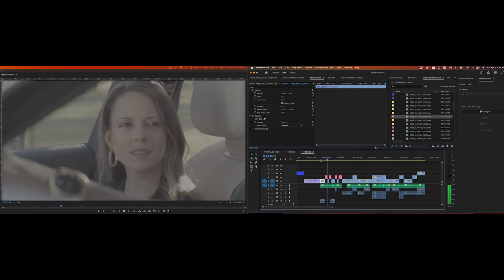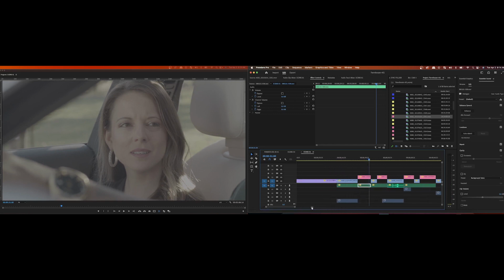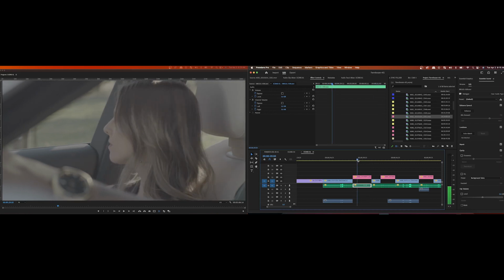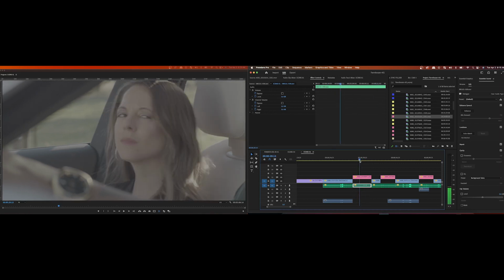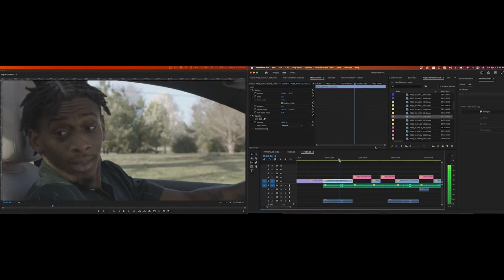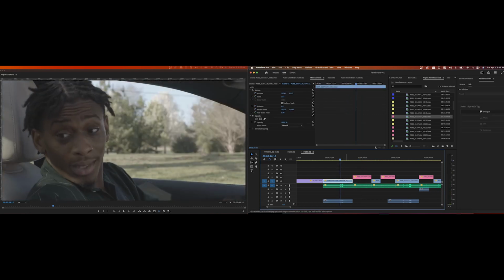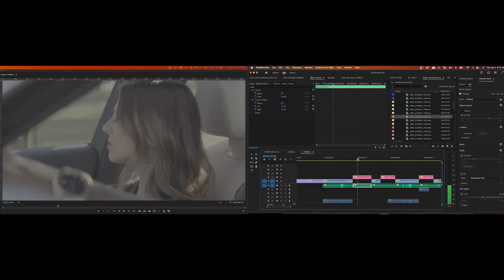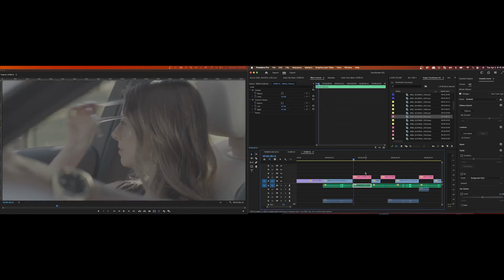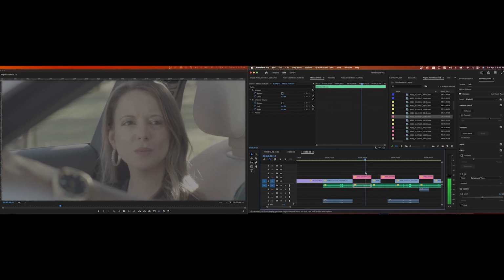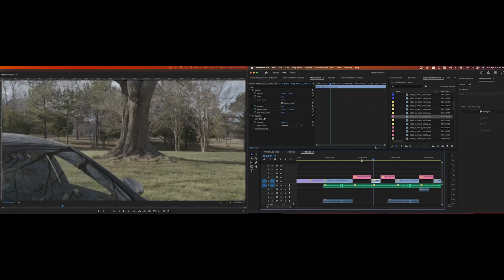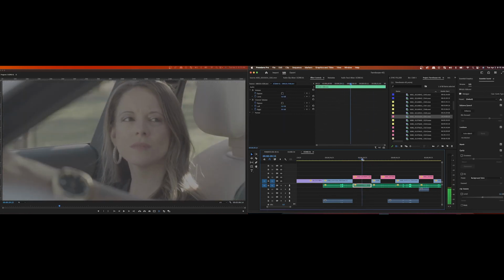So the red marker here, or these red tracks, these are the ones that had no audio on them. But this was the opposite camera of this camera. And so I was able to pull the audio from this track and use it to get her to say this line. Now, I don't know if it's exactly this take, but